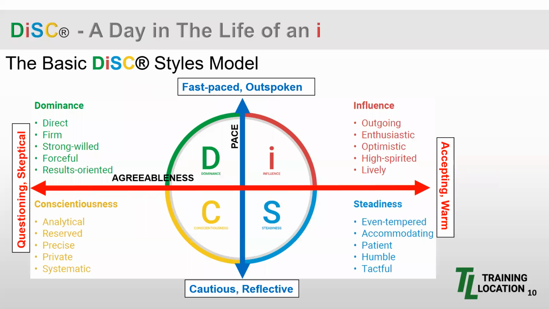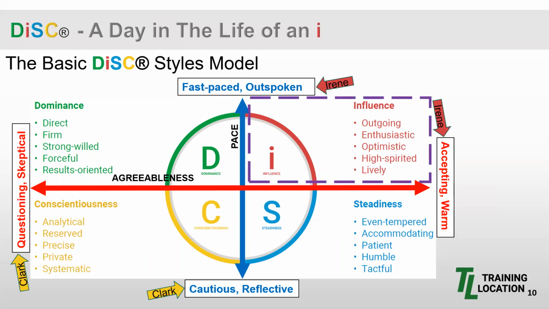So Irene reminds herself that she and Clark share neither pace nor agreeableness. Irene will have to stretch more than she did previously today. For the I, the C requires the furthest stretching, the same efforts required between the D and the S. Now, the I is about maintaining enthusiasm. We know this, taking action, making progress, and collaborating, and team spirit. And again, the motto is let's have fun.